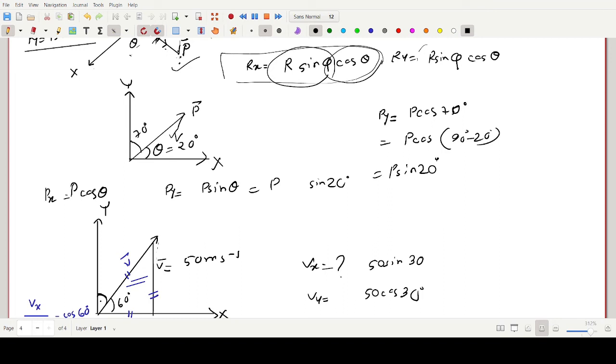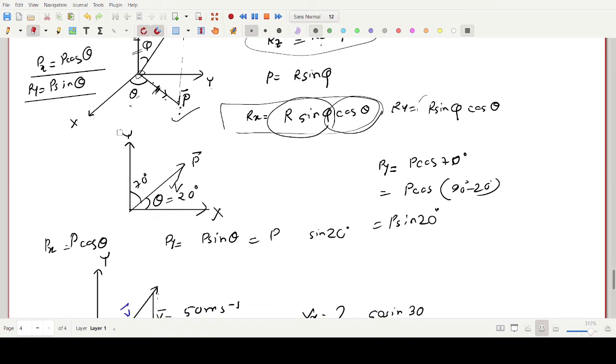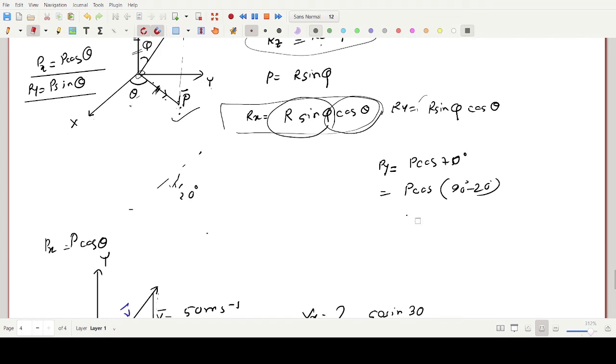Now there is a point that I want to say. Let's say we have a vector which makes an angle of